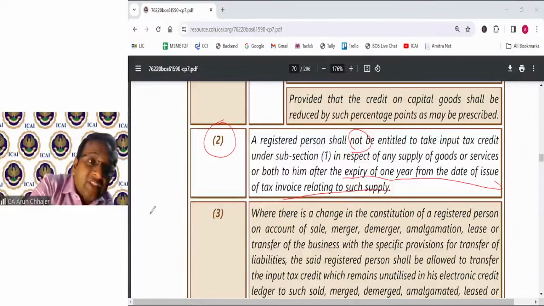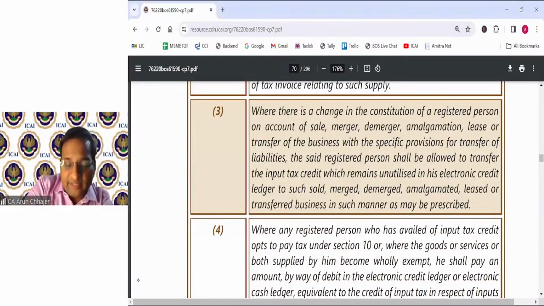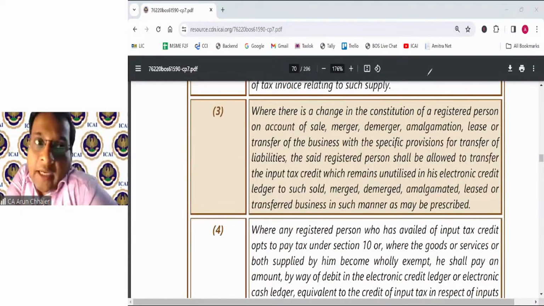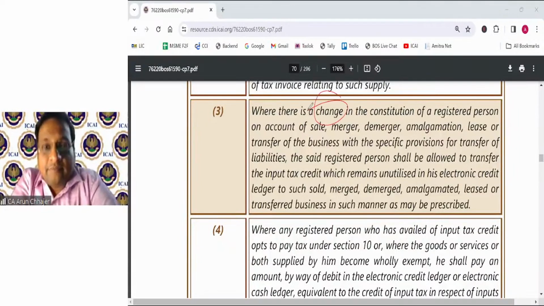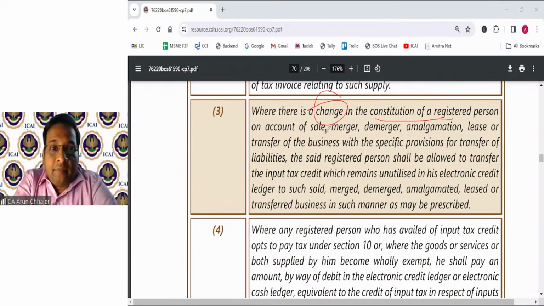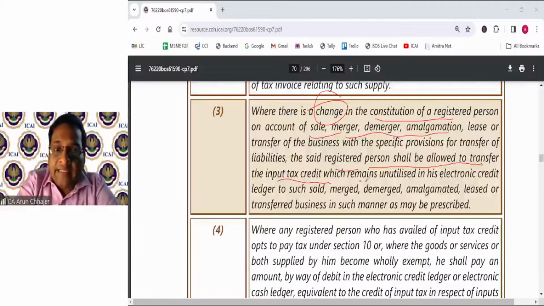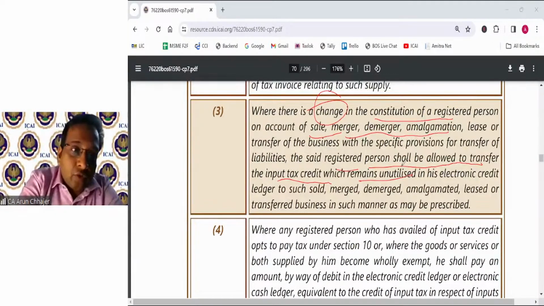Now 18.3 is talking about the reverse situation. Reverse means not reverse, sorry. 18.3 is talking about you have converted the constitution either because of the sale, merger, demerger, amalgamation, lease, or the transfer. The said registered person shall be allowed to transfer the ITC which remains unutilized. So let's say